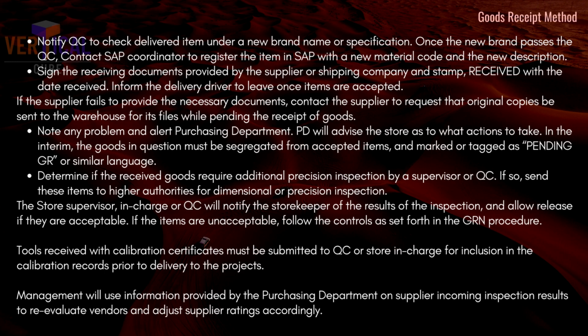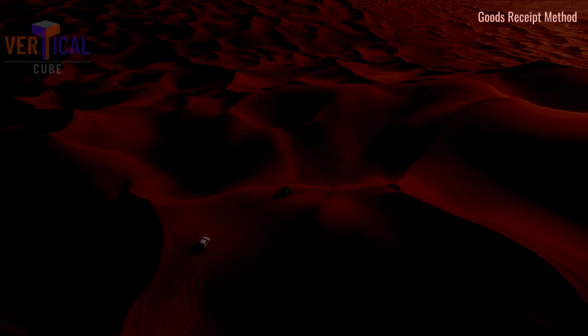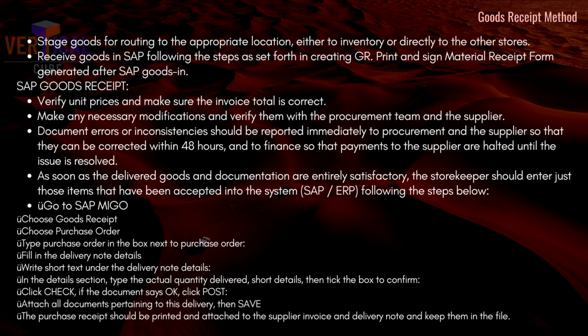1.10.2 Tools received with calibration certificates must be submitted to QC or store in charge for inclusion in the calibration records prior to delivery to the projects. 1.10.3 Management will use information provided by the purchasing department on supplier incoming inspection results to re-evaluate vendors and adjust supplier ratings accordingly. 1.11 Stage goods for routing to the appropriate location, either to inventory or directly to the other